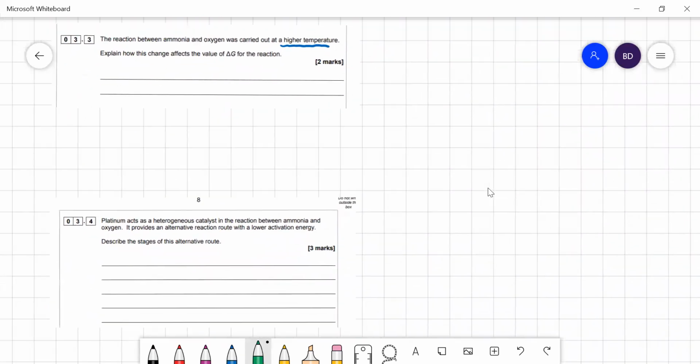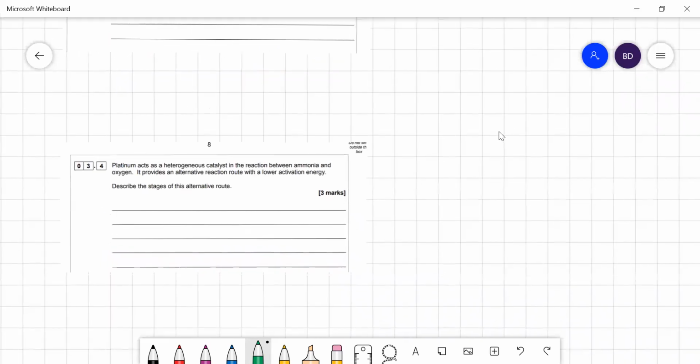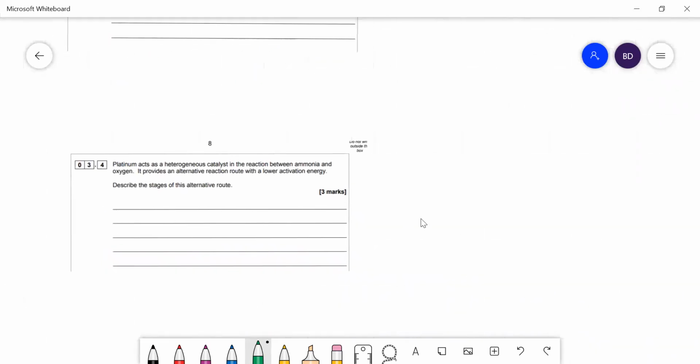Right, question now about platinum. Platinum is a heterogeneous catalyst in that reaction. It says platinum acts as a heterogeneous catalyst in the reaction between ammonia and oxygen, providing an alternative reaction route with lower activation energy; describe this at different stages. This is a fairly standard question, and they only want it in quite superficial terms. It doesn't really tell you much about the chemistry of it,